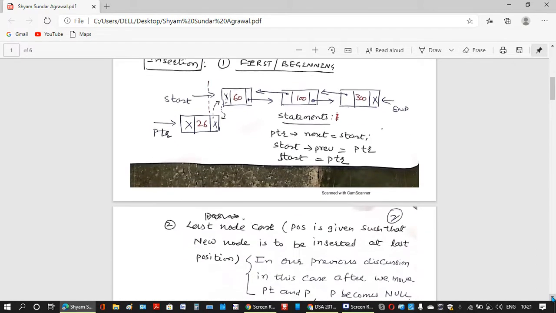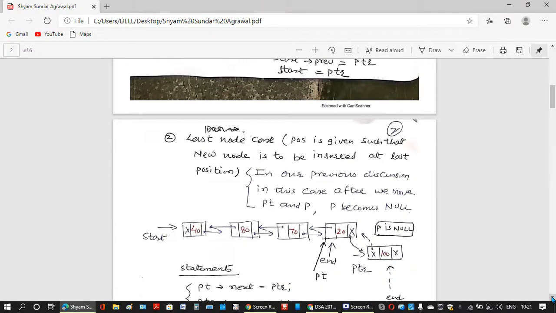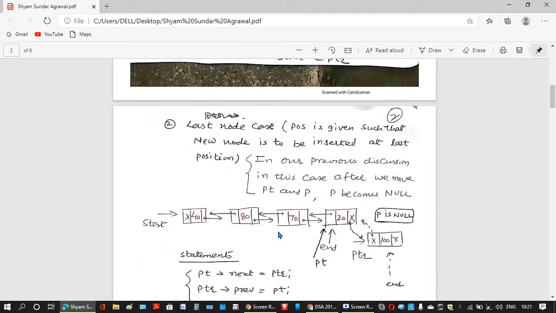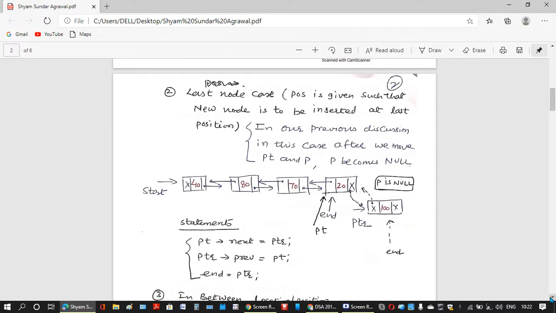Now you come here and see what happens if it is the case of the last node. When we want to insert at the last, we will move our P and PT. So we will come here. P will become null.